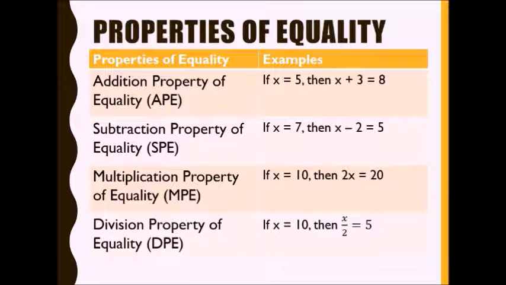Each property we will give an example. But you also have examples in your books. Here are just some of my own examples. As you can see, for the addition property of equality, we have an if statement and a then